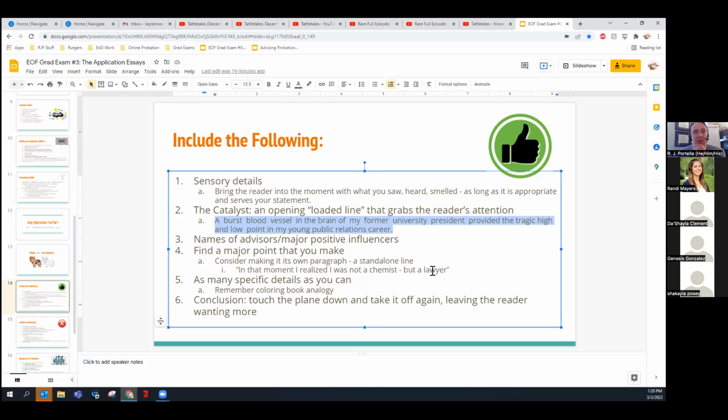For example, I remember working with a student who talked about her younger sister who always said oopsie. So we started the essay with, "Oopsie," my younger sister said as she fell down the steps, right? So that immediately takes us into a house. It takes us into this student and the younger sister. And we have a situation where the writer is going to build on. So it immediately takes us into the world of what's happening.